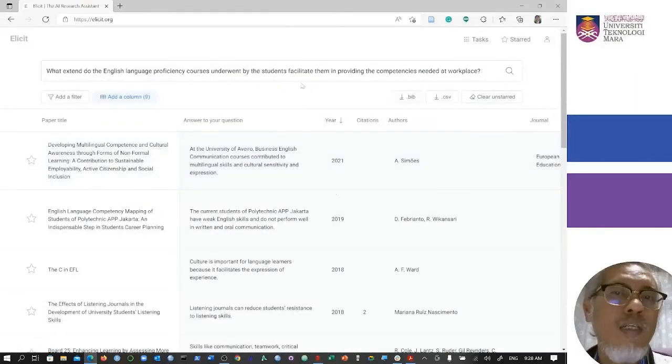Another one is that you can save your search into a csv file, or into a .bib file. Okay, .csv file or .bib file. So if you